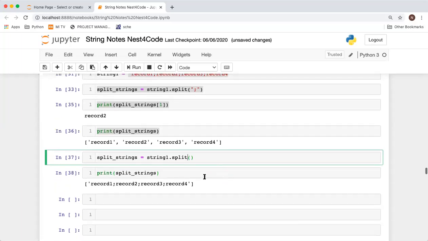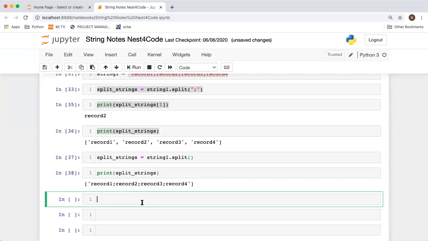Okay, guys. So I'll take an example. Let us suppose you have a string which consists of the marks of a student. Let's say the marks were 35, 54, 67, 89, and 88.